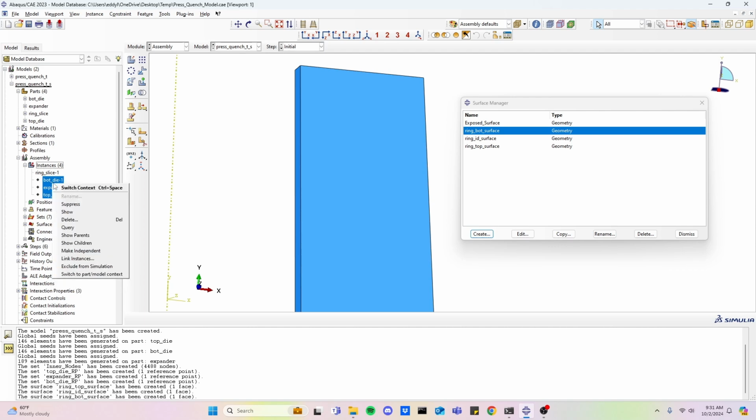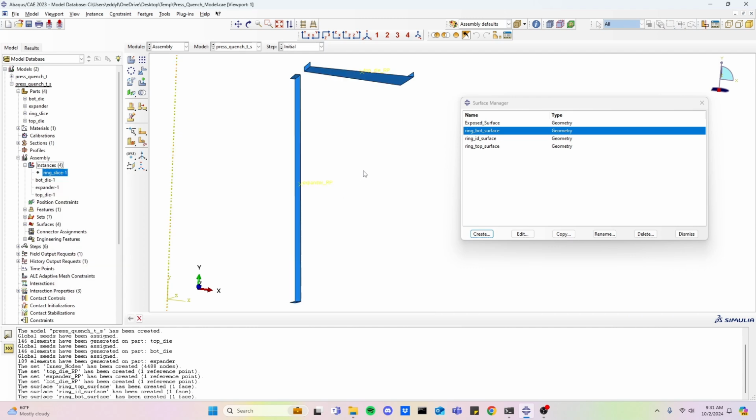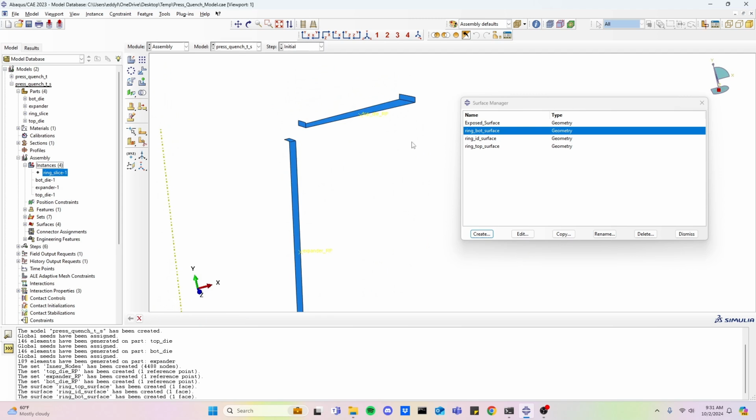So if we unhide those parts and hide the ring slice, we can use the same method to define the die surfaces. So if we go to create, I'm going to call this top die surface